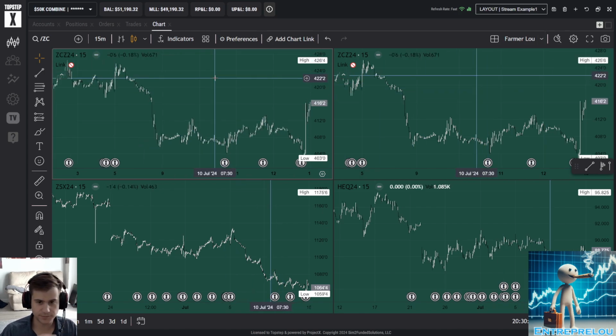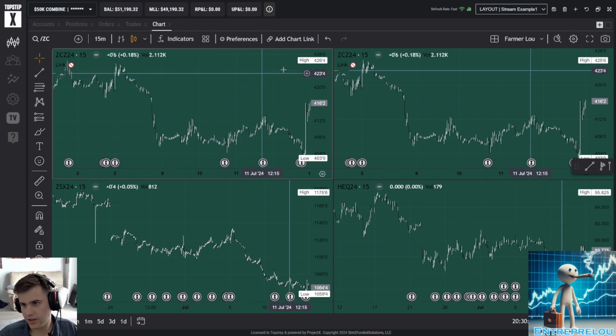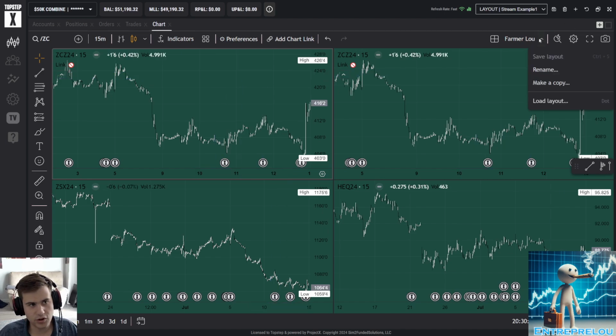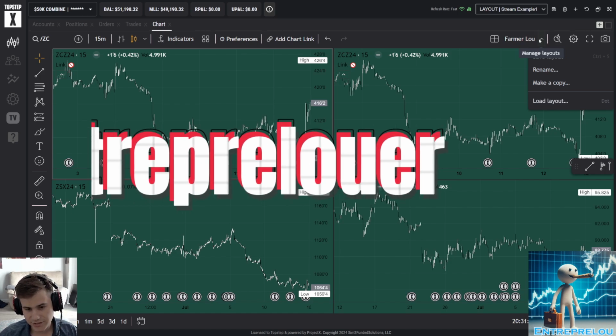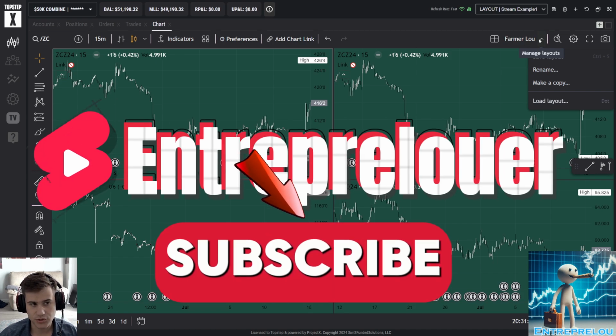So yeah, I think that essentially concludes the guide for today. We did an overview of TopstepX, how to configure a layout within TopstepX, how I configure my layout in TopstepX. I also showed you how to configure your chart within TopstepX, how to save chart layouts in TopstepX, and have multi-chart layouts additionally in